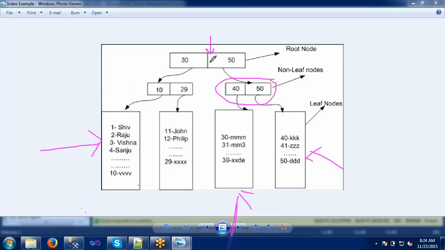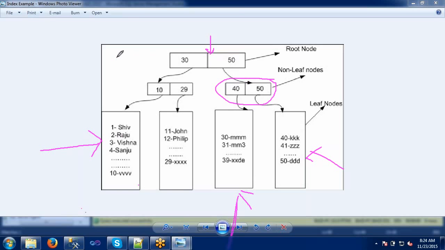When I have created the index and execute this query, how is the index traversed? My query is select star from customer where customer ID is 10. First it comes here. My customer ID value is 10, so it checks whether this value is less than 30.